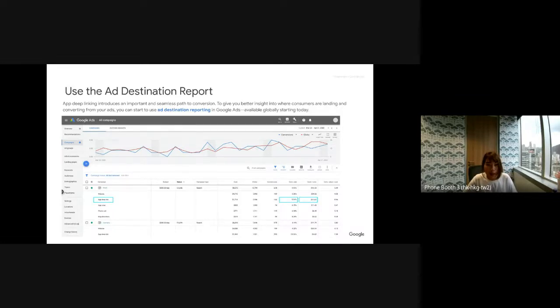Here is a demo snapshot: when I segment this by ad destination reporting, we are able to see how the ads are driving through the deep link and how the deep link is performing compared to other destinations. This is what I suggest you look at once you have done the deep link setup with your technical team.